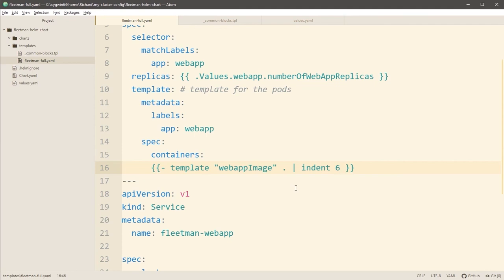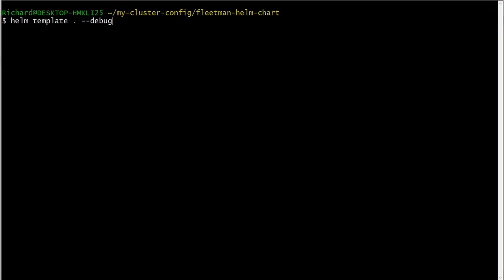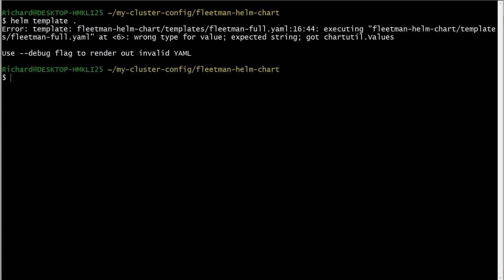Now, I get a bit confused here. Sometimes I think it's the number of levels that we want to indent. I think it's actually 3 levels that we're indenting here, but because we're using 2 characters for each indenting, it's going to be 6 characters. So we need an indent 6. Now, I said in theory, and the reason for that is let's run it and we will find, and I'll run helm template here without the debug, we'll find quite an obscure crash. And I'm not even going to bother with the --debug because it doesn't really help here.